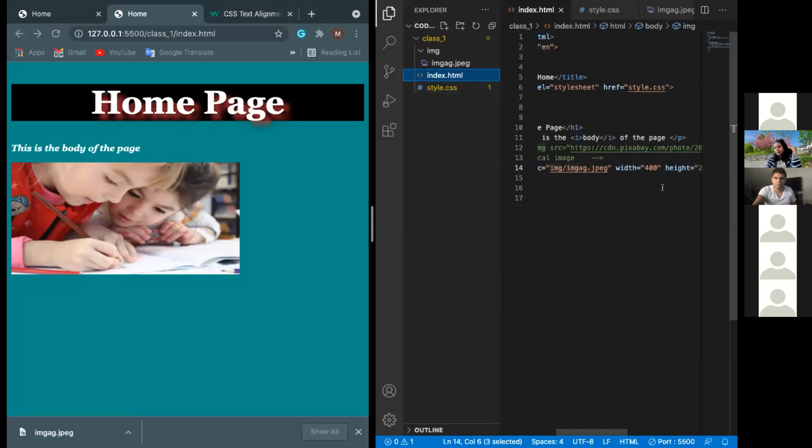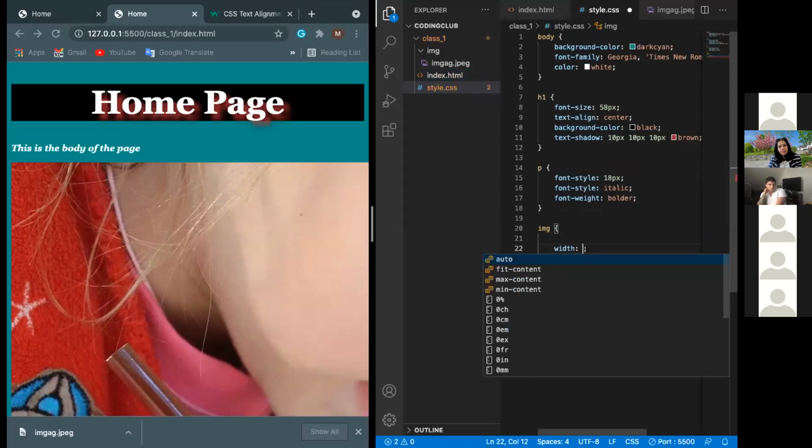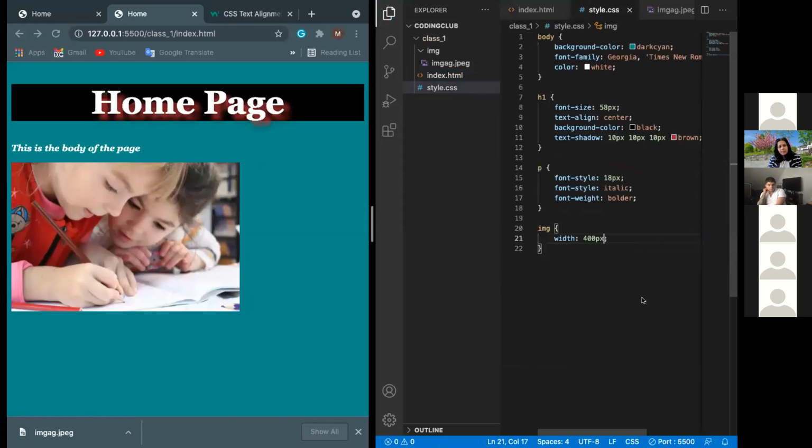Let me remove the size from here, because I'm going to control it from the CSS file. I'll write width, which before was 400 pixels. You have to write the pixel here. Cool. Height I needed